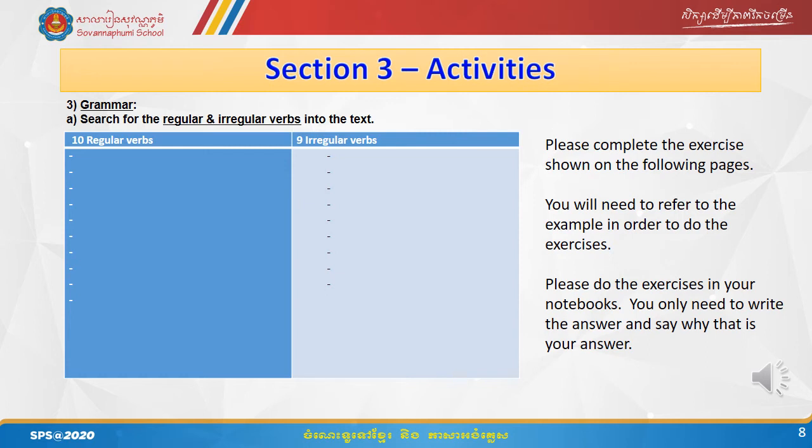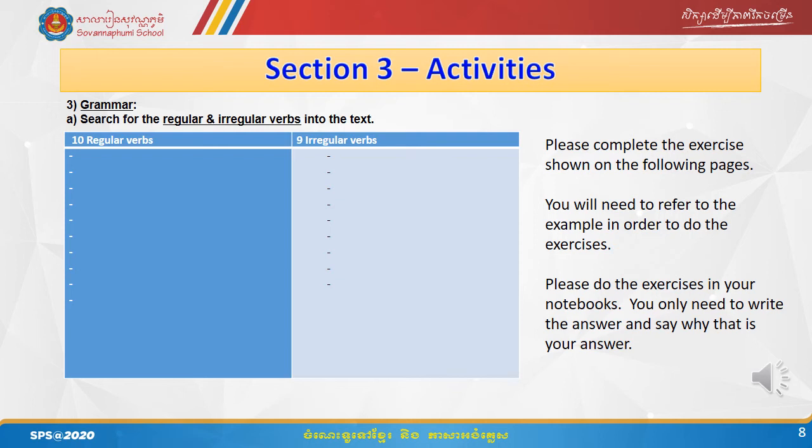Class, activity number 2, grammar. Please go back to the reading and pick out all of the verbs that you can find that are in regular tense and all of the verbs you can find that are regular verbs. Remember, regular verbs always end in ed when we put them into past tense.